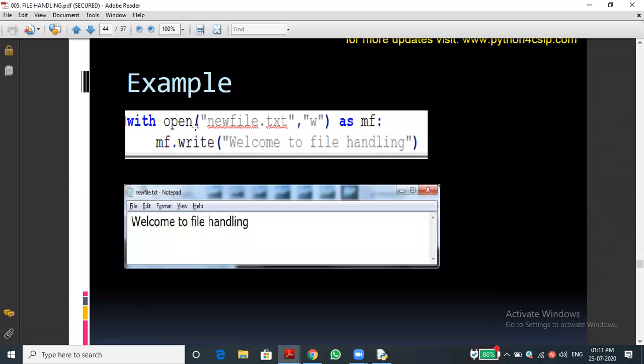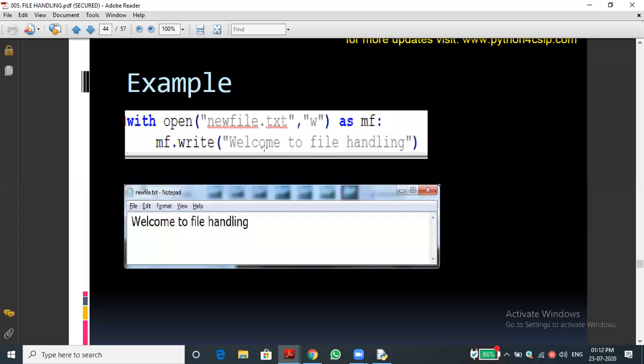You can see with open new file.txt in writing mode, we are opening it as mf. So mf is what? A file object. With the object we are opening the file. After mf you can see the colon, so it is a block of statements. It is called a compound statement or block of statements, a notable point you have to note down. Then mf dot write of whatever we need to write. If you open in read mode, we can read from the file. Can you understand this one?